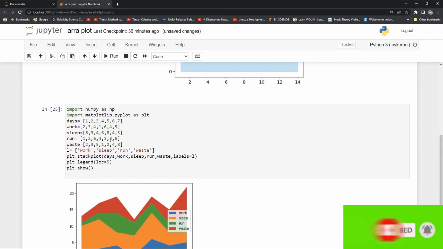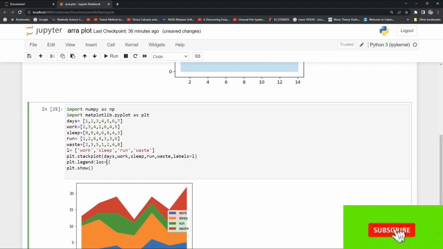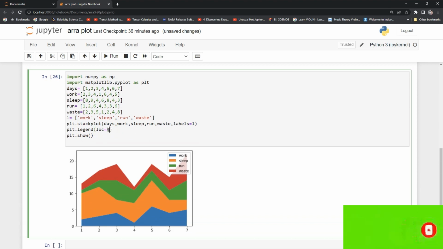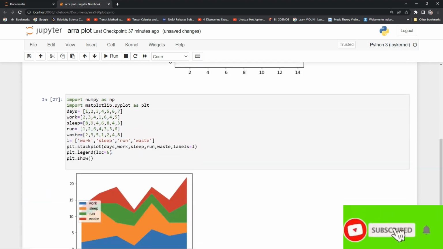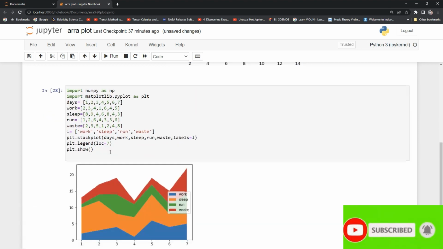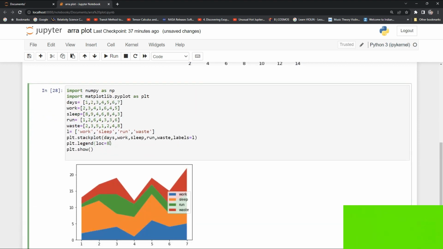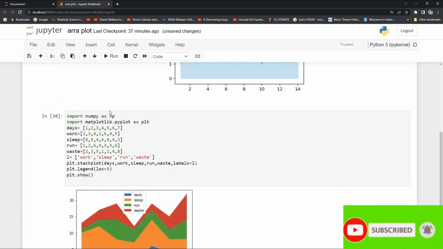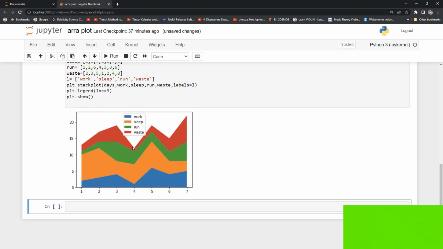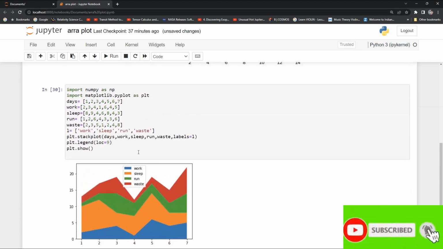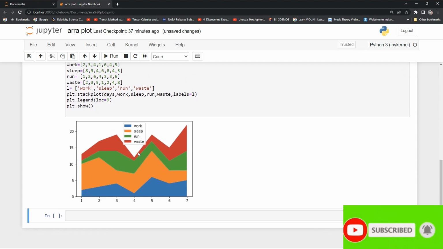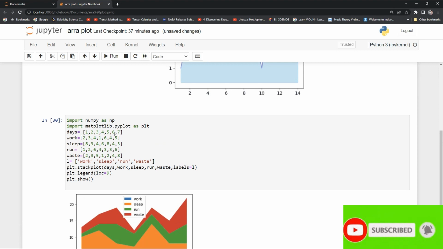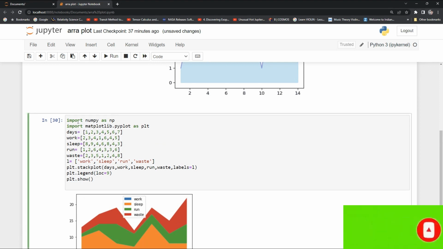5, 1, 6, 7, 8, 9. Okay, so we got our best location of the legend, and this way you can plot a stacked or area plot in Python, or you can also add the command called